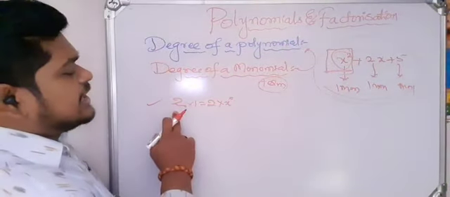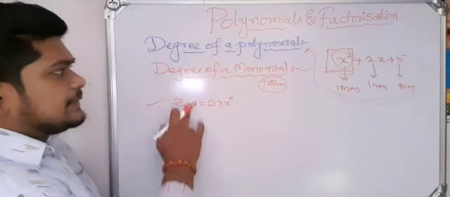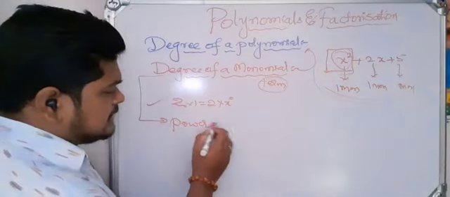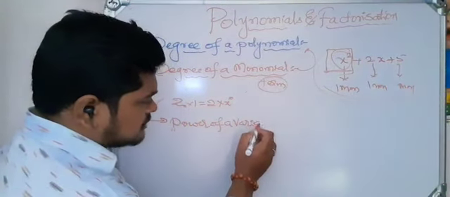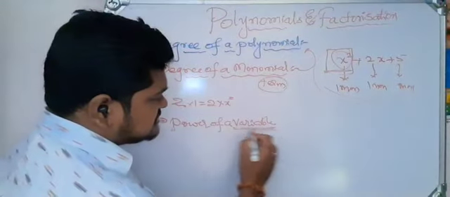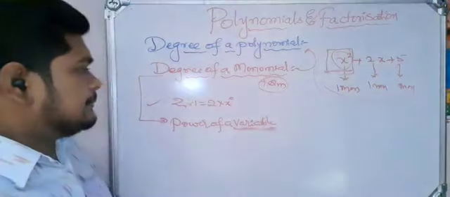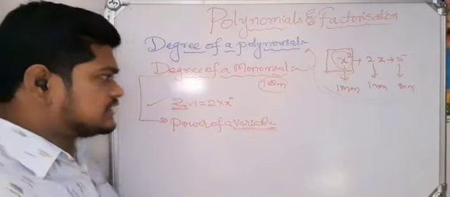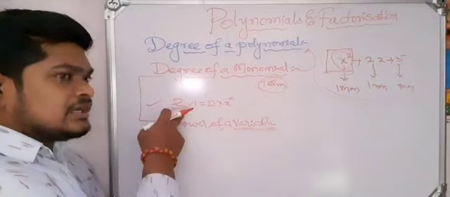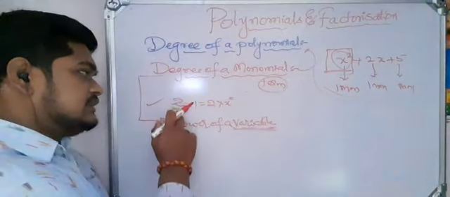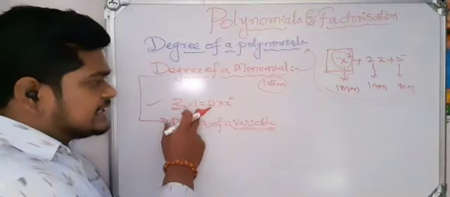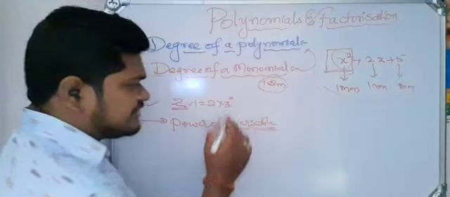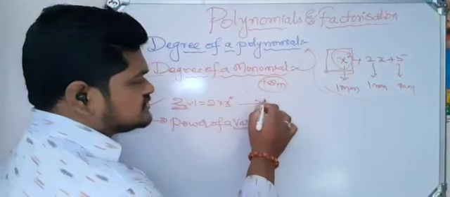We have to find the degree, and compulsorily the degree is the power of a variable. Degree is the power of a variable, not a constant. All of you remember this. Here 2 is a constant, but it is not a variable. That means we cannot consider the power of a variable directly. So we write this 2 as 2 into 1. Then x power 0 is equal to 1, so we get a variable. So the degree of 2 is equal to 0 here.